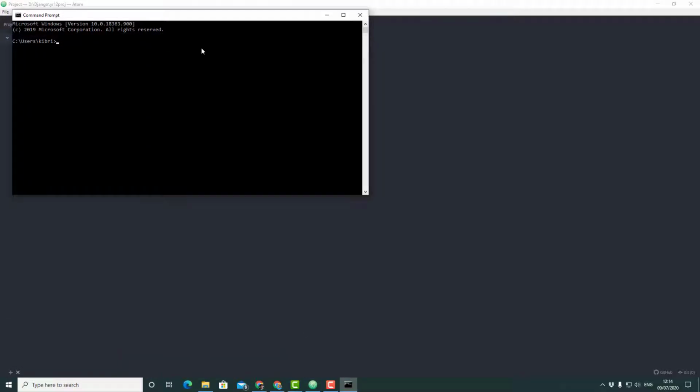Now, one of the first things you're going to have to do is install Python if you haven't already. When you install Python, it also installs a function that enables you to install more add-ons into your Python application. So namely, once you've